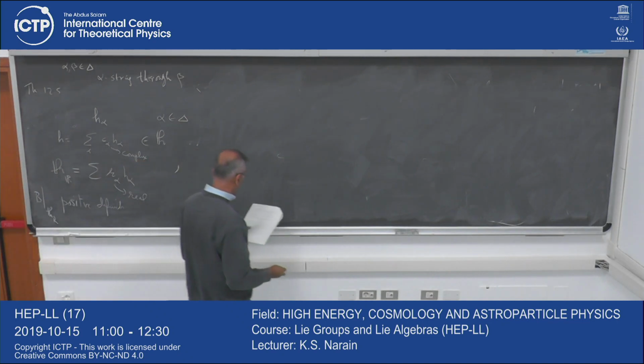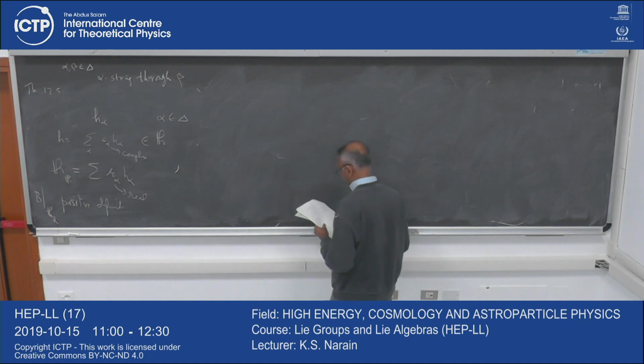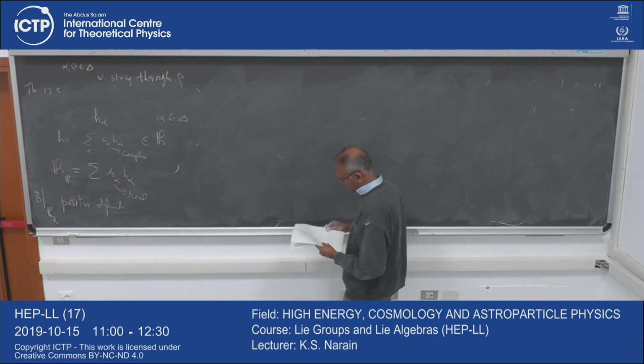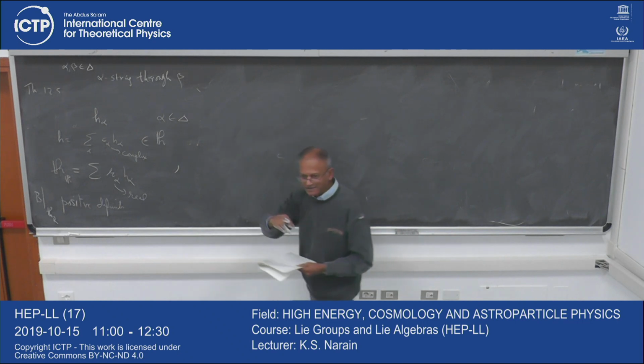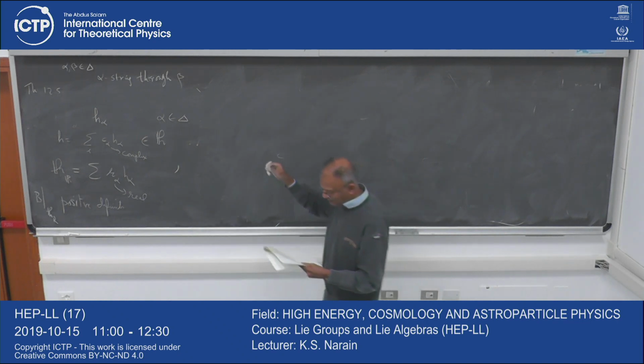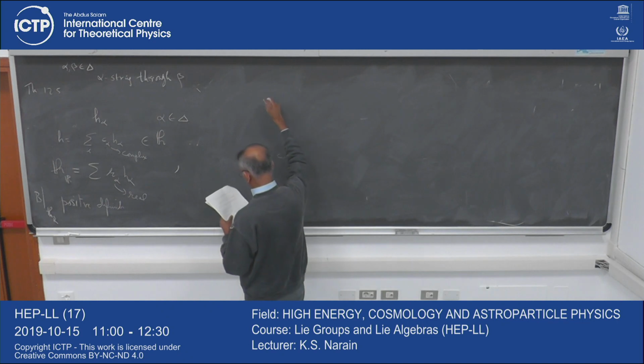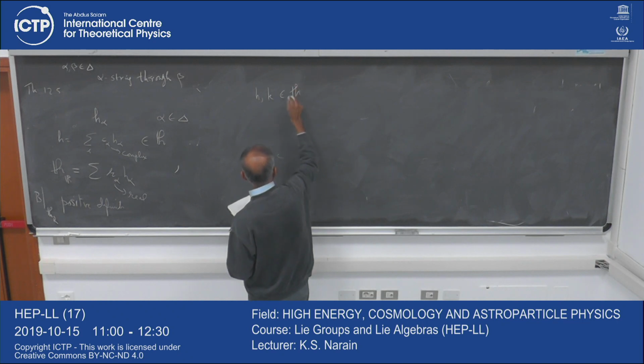So the way to prove it is, you remember this formula, which I think a long time back we had put. It was part of the exercise problem actually, right? One of the exercise problems was that if I take any elements h and k belonging to the Cartan subalgebra, then this B of hk